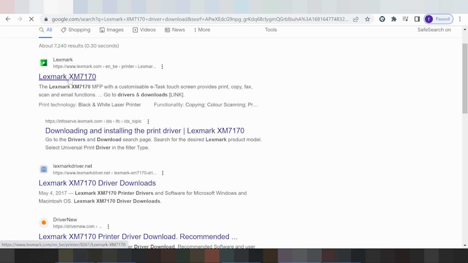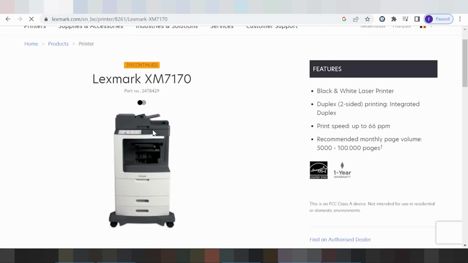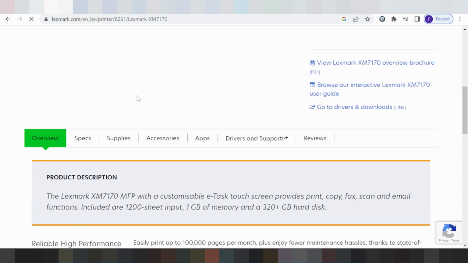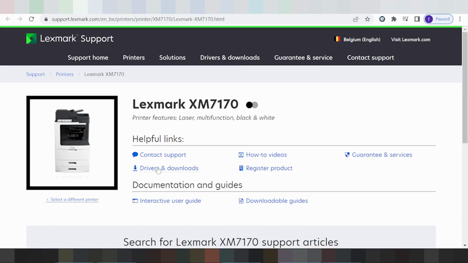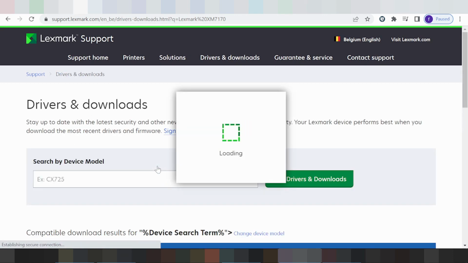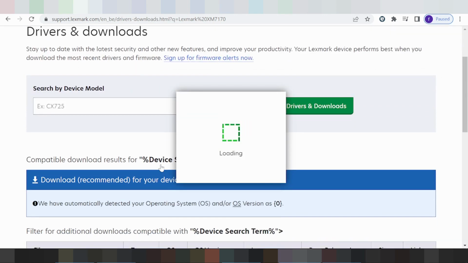You click here, and this one, and this here for the printer. You scroll down, looking for the title Driver Export. Click here for the title, and this one. This here for the title Driver and Download. Click here for the title, and this here to search your device model, print, and this here for the tag